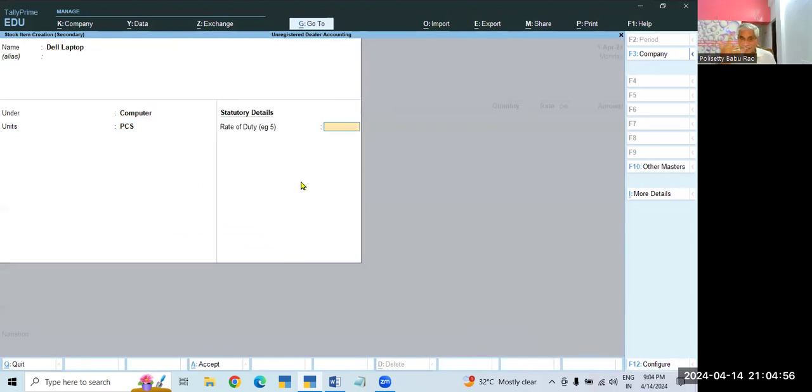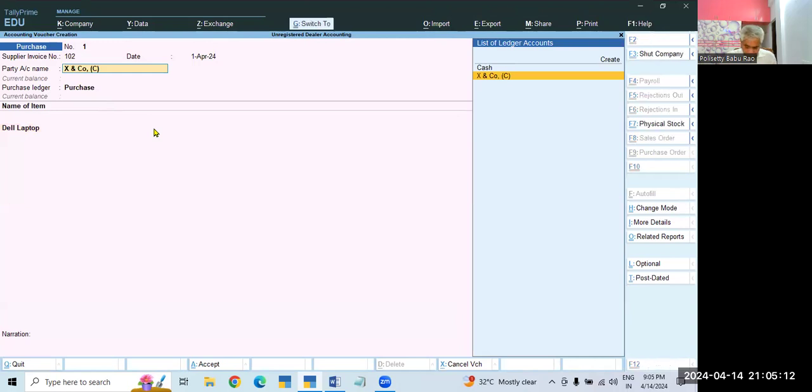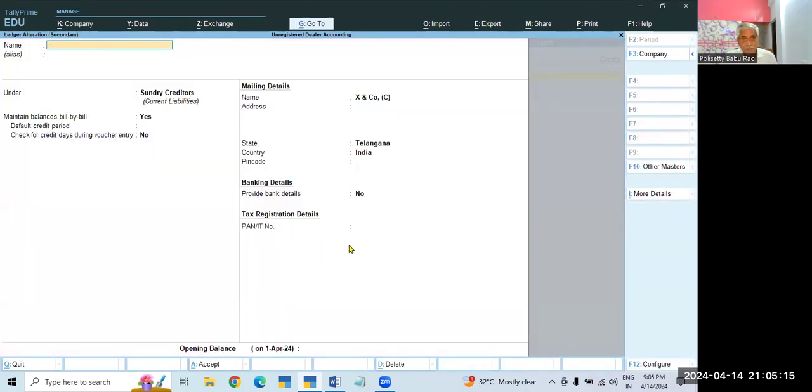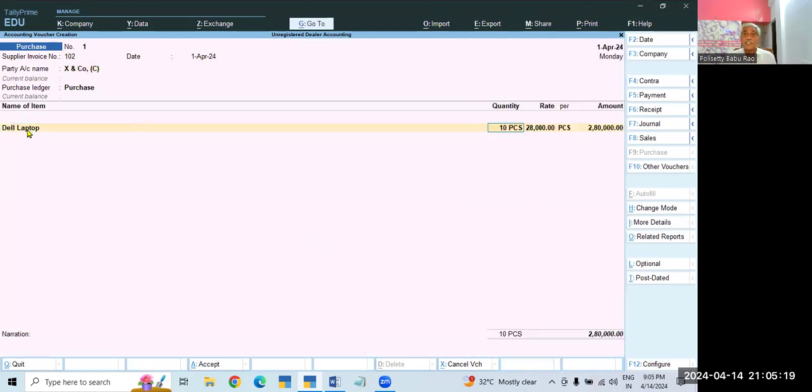On the stock also, there is no tax. We are not bothered about the tax. So simply think, for example, we purchase 10, each one 28,000, so 2,80,000. Here we are purchasing for 2,80,000. We don't know here, there is no tax registration type. But when we receive the invoice, in that invoice we know whether he is registered or not. If he is registered, his registration number, the GST number, will be there, and tax will be there. For example, if he is a registered person,